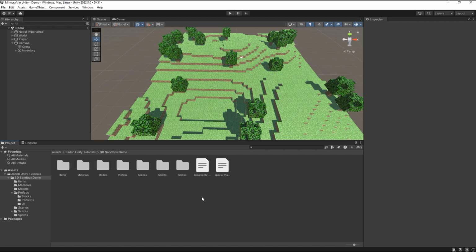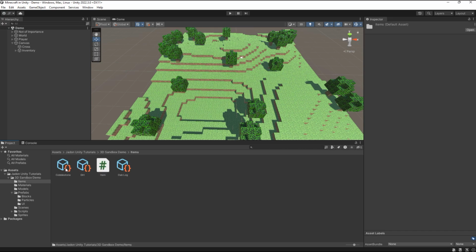So I've come up with a way that makes adding craftable items pretty easy. So let's go into our items folder that contains the scriptable items for all of our important blocks. And as you can see here, this recipe tab has been added with the items that will be required in